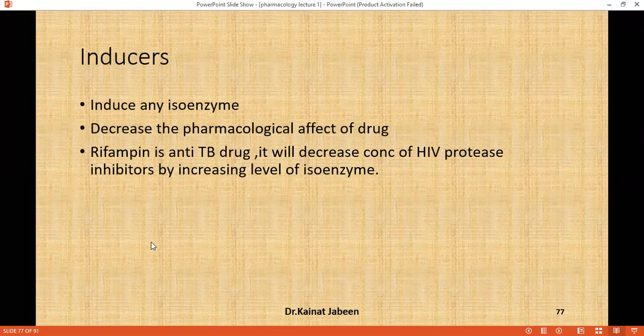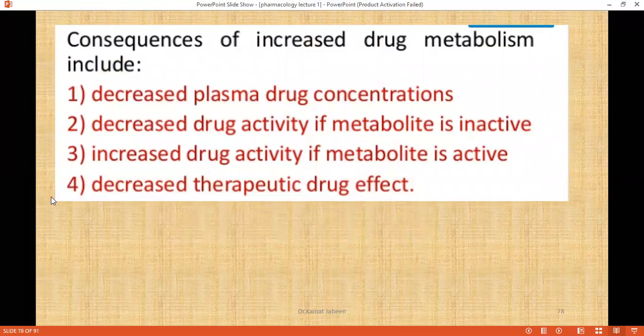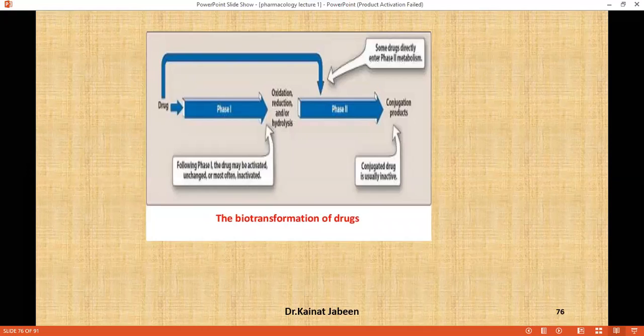Now we have to talk about the inducers and the inhibitors of cytochrome CYP450 enzymes. Before that, we have to discuss CYP. What is it? I told you before,